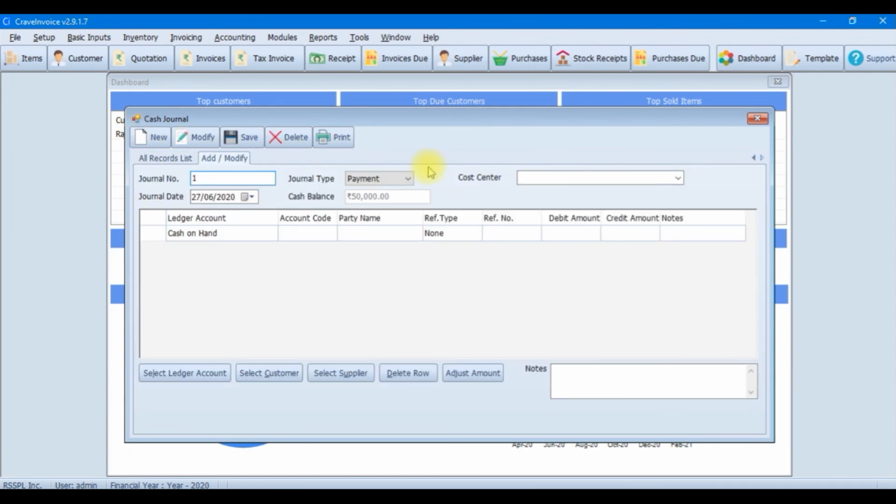The linking between cost centers and accounting journals is very simple in Crave Invoice software. If you understand the flow, we have to first define the cost centers, very much similar to the way we define ledger accounts.